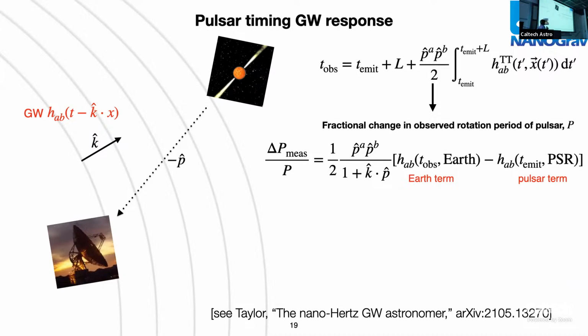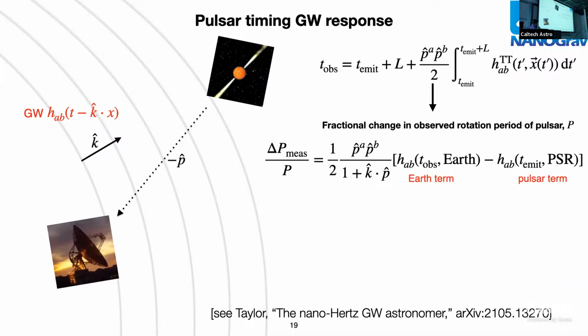We've done this integral from when it was emitted until when it arrives, and we find that in the end, all it depends on is what's happening near us and what was happening near the pulsar. But some intuition you can gain from this is if you think about the fact that these two pulses that allow us to measure a rotation period are emitted very close to one another. And so in that sense, the only piece of the gravitational wave field that's different that those two pulses will see will be wavefronts that enter and leave near the pulsar at the time it was emitted, and wavefronts that enter and leave this system at the radio telescope near the time that it was received.